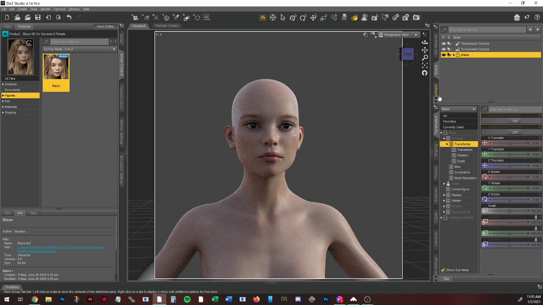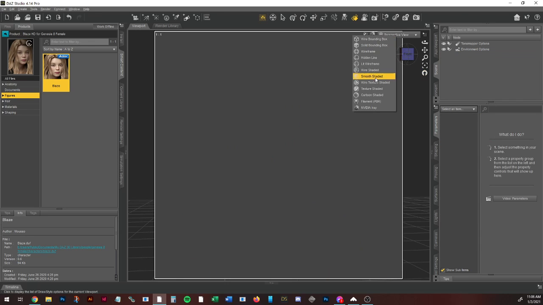So this would be a base character that you bring in, and they all look really nice, but I don't tend to use them straight out of the box like this. Very, very rarely will I just load a model and go with it. So what I normally do